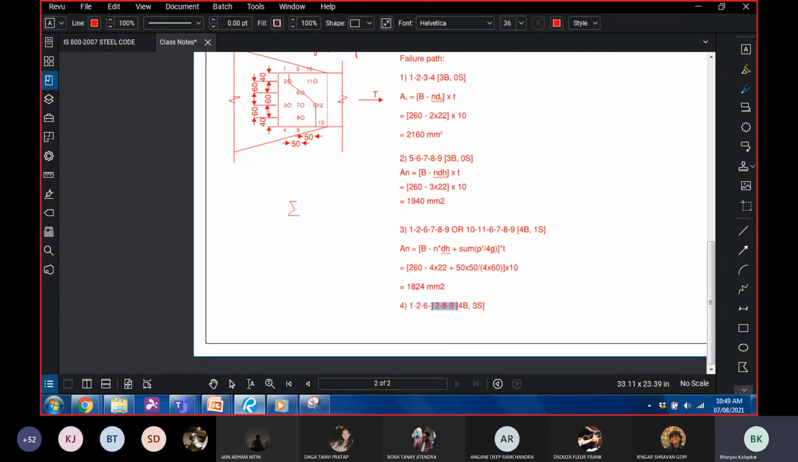So 1, 2, 6, 12, 13 is the next possible path. Let us say 1, 2, 6, 12, and 13. And along this path, you have 3 bolt holes and you have 2 staggered arrangements. So your net area would be 260 minus 3 times 22 plus, since there are 2 staggered arrangements,